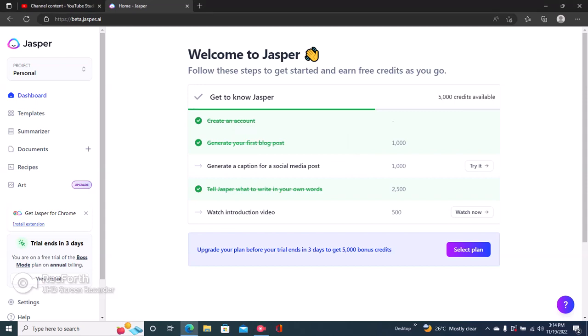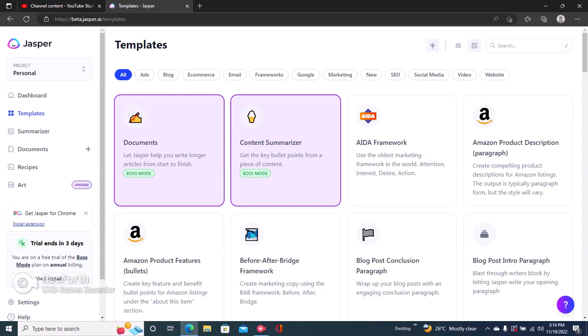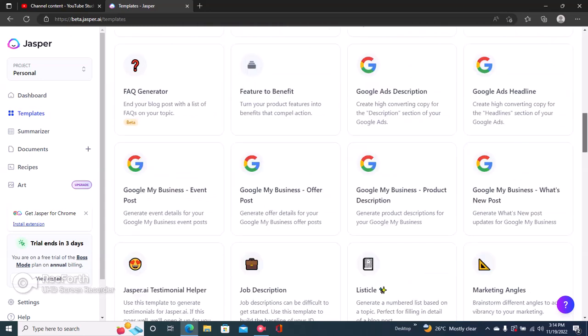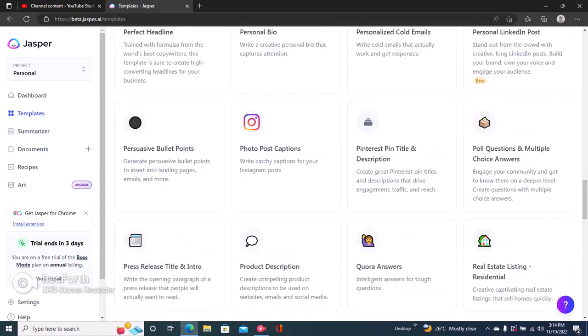How to write Instagram photo post captions with Jasper AI. So the first step is to sign up on Jasper, and once you've signed up, right here by the left it says templates. Once you click on templates, you can scroll down and you see Instagram photo post captions right